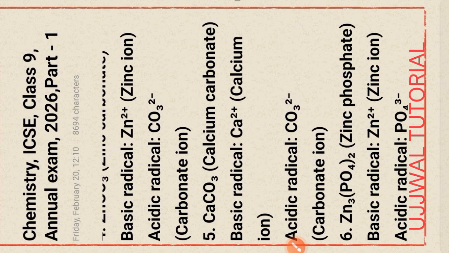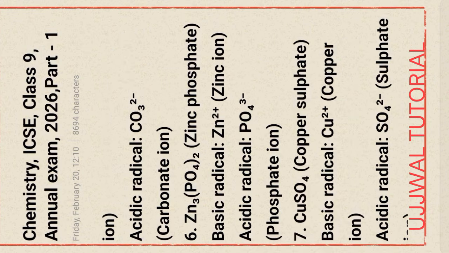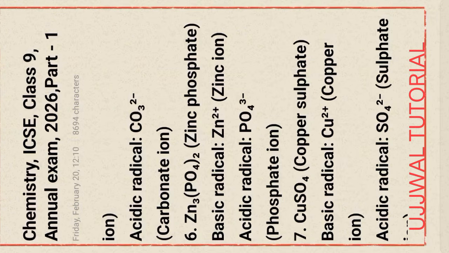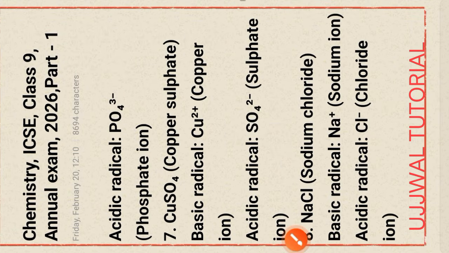is the carbonate ion. Next, zinc phosphate, Zn3(PO4)2. Zn, that is zinc ion, is the basic radical and the acidic radical is PO4 3-, phosphate ion. Okay, next part, CuSO4, copper sulfate: the basic radical Cu2+, copper ion, and the acid radical SO4